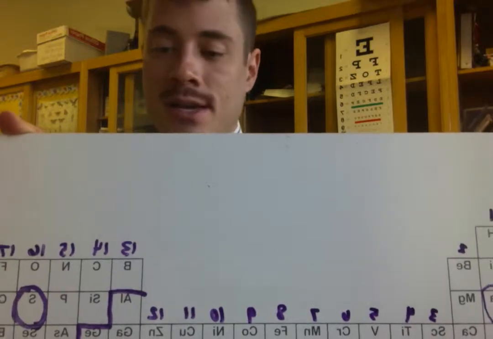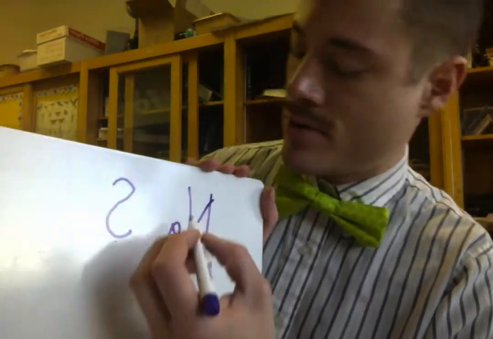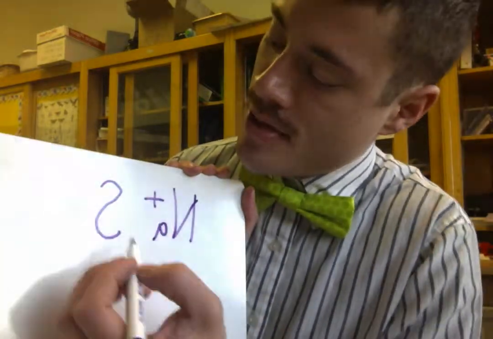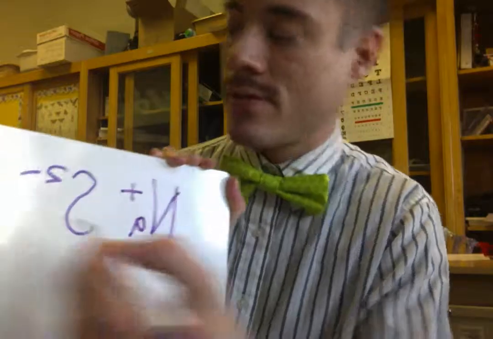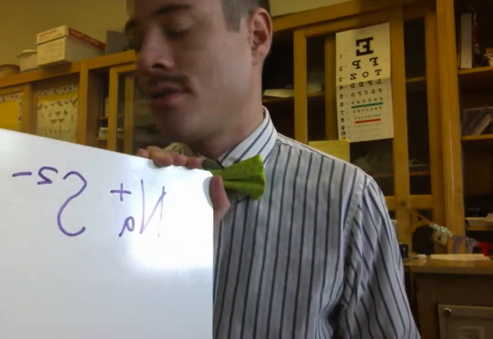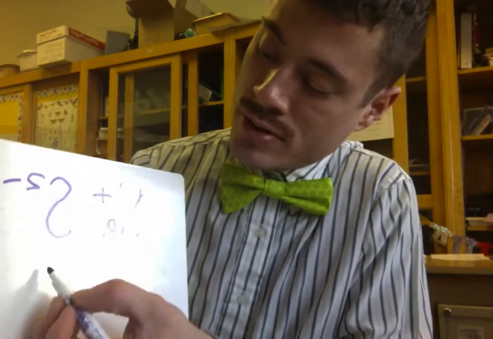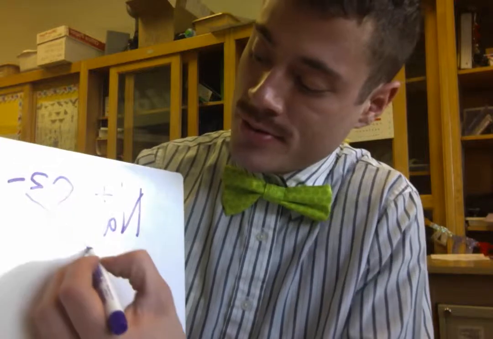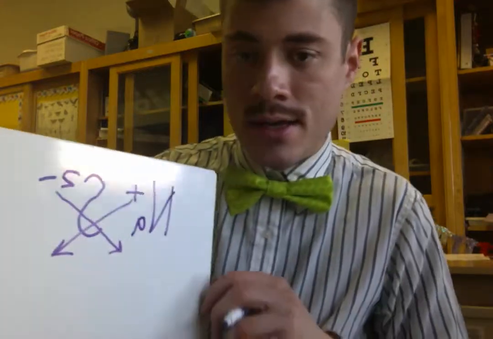So what that looks like here is you have your sodium and your sulfur, and the sodium is just +1. You can just put the positive sign. And then your sulfur is going to be 2 negative. Alright? So, going from there, we know that we need to crisscross these charges down. So we put this one down here, put that one down there, and we get